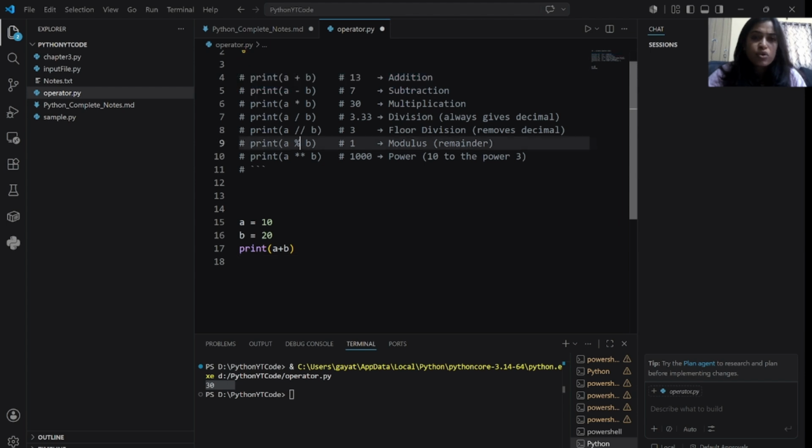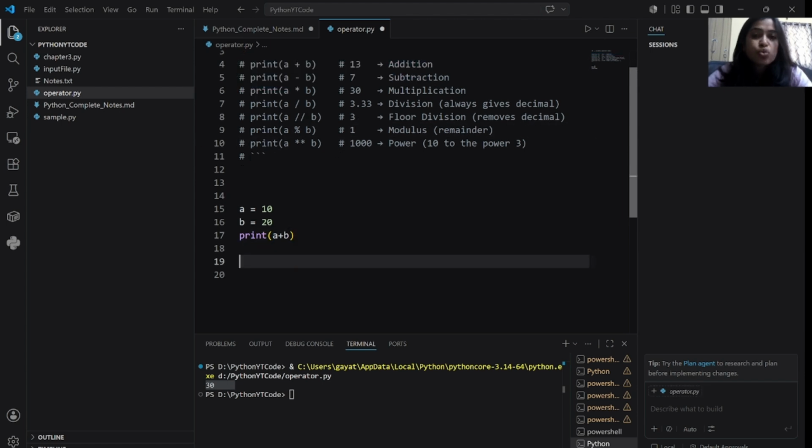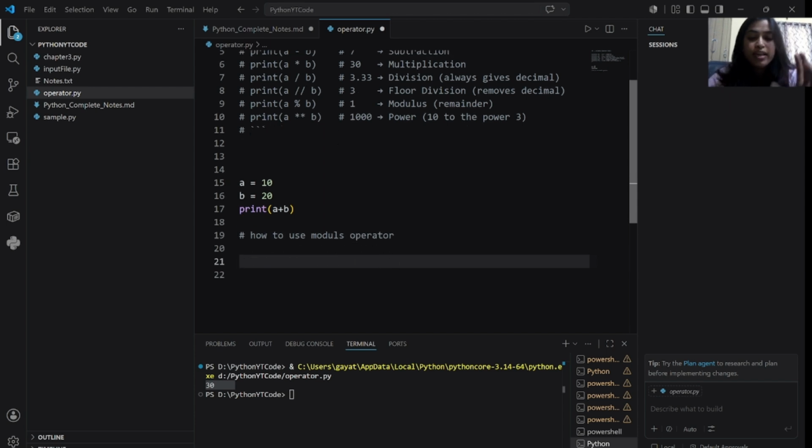Like this, you can use all the other operators. You already saw these operators, but I wanted to explicitly show you how to use the modulus operator. This is really important, because sometimes you will get programs based on these operators. Even later in these sessions, I will show you some programs which are asked by interviewers in many interviews.